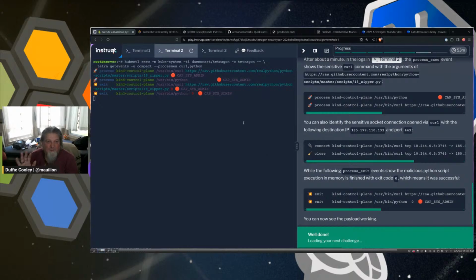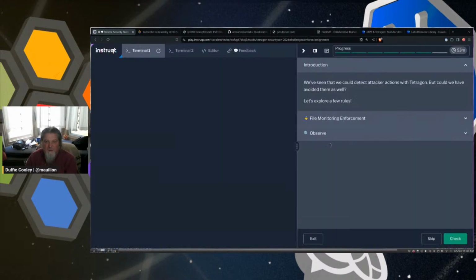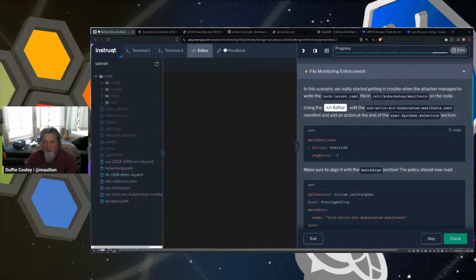Well, now that we have definitely proven that this is an attackable thing, what can we do to secure it? What can we do to enforce policy, right? What are ways that we can actually use to limit this access? So let's explore a few rules. For file monitoring enforcement, we really started getting into trouble when the attacker managed to write the hack.latest.yaml into the etc Kubernetes manifest directory. Right? And so if we take a look at the editor, and we look at etc Kubernetes manifests,